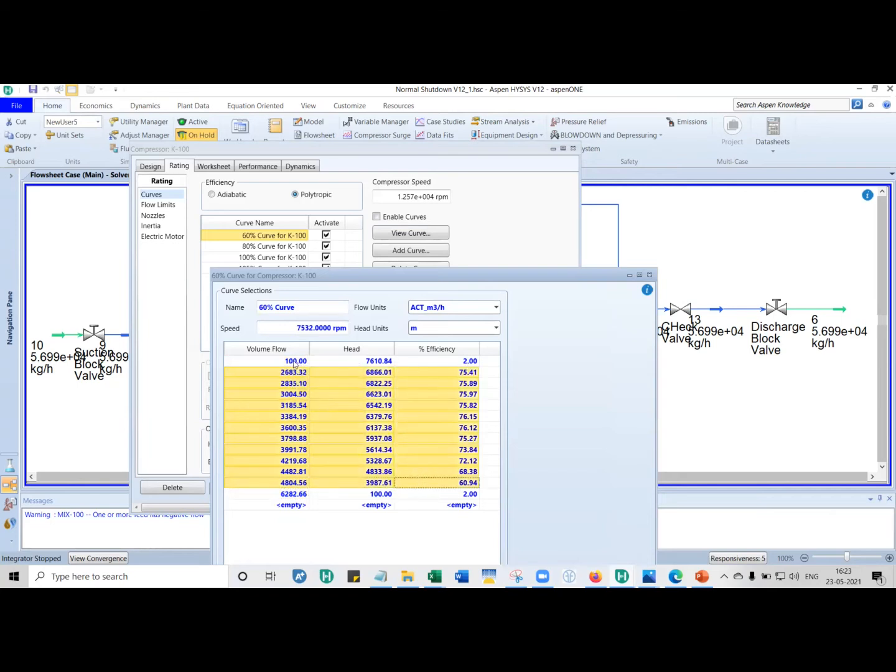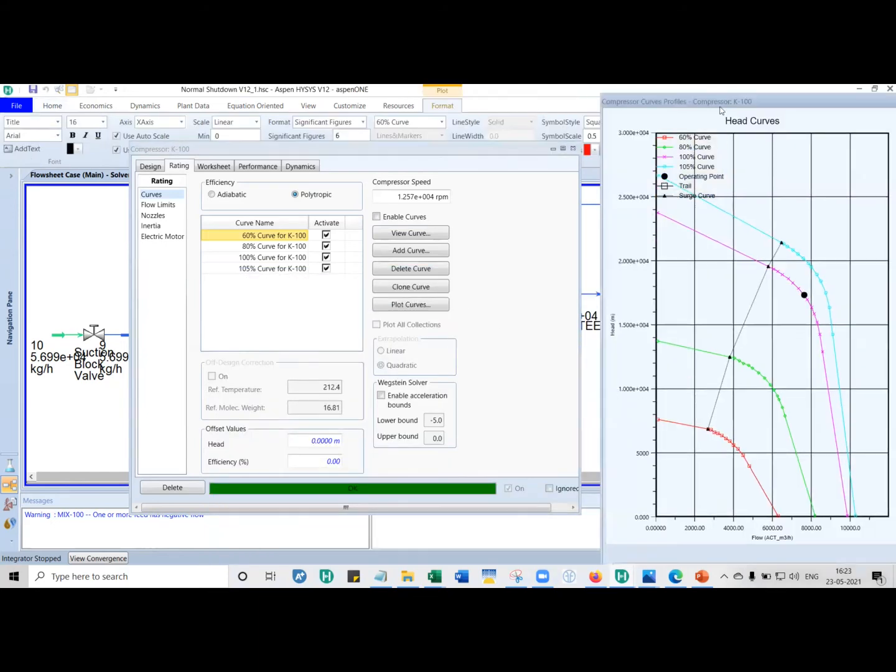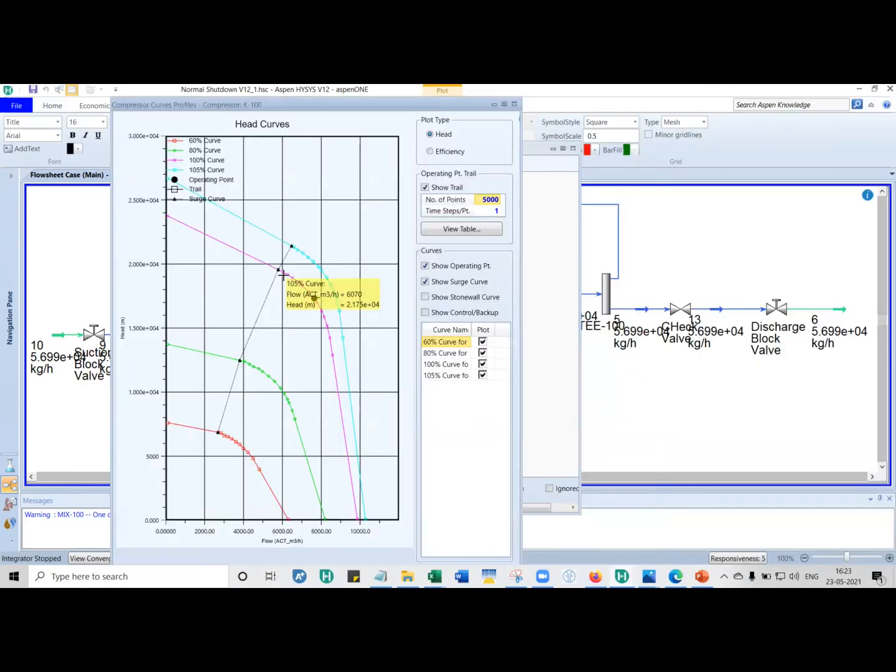But then what are these 2 points? This was manually entered. But then what are those 2 points? That is this region that you're looking at, okay, Stonewall, and oh, it is not shown here. Okay, fine. So this region, these dots that are there, this is given by the manufacturer.